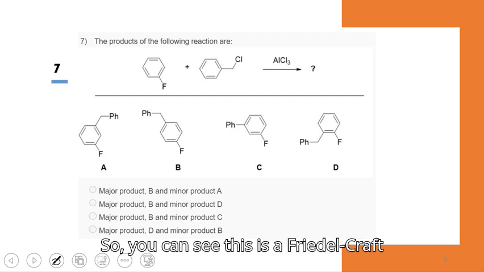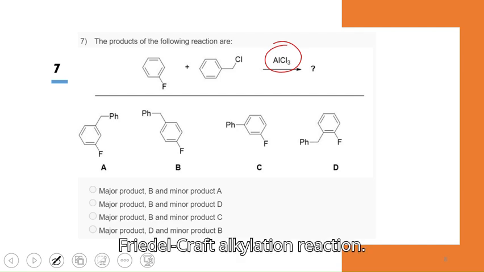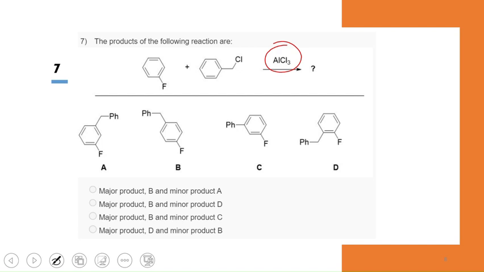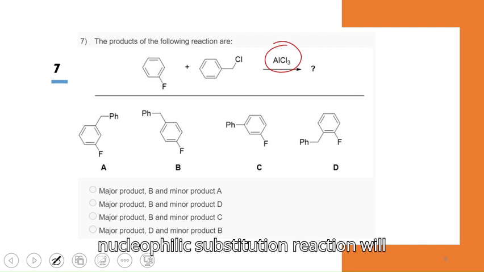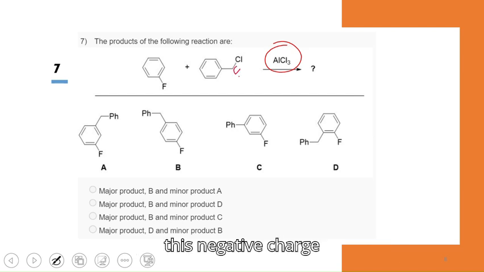So you can see this is a Friedel-Crafts alkylation reaction. Friedel-Crafts alkylation reaction. So in this case, nucleophilic substitution reaction will take place. Why nucleophilic? Here this negative charge,